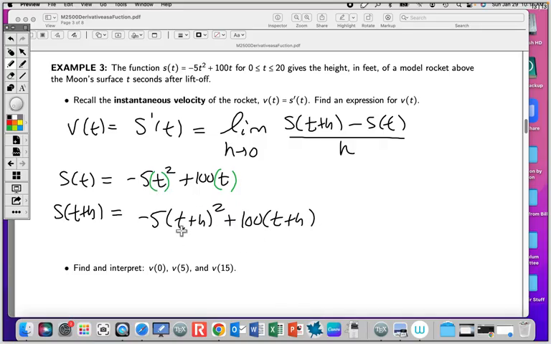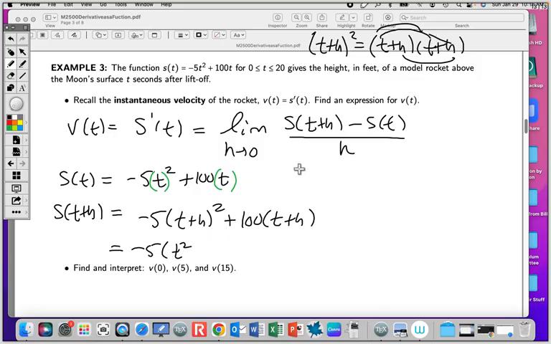So now order of operations says we have to square out the t plus h before we multiply by the negative 5. So we'll do that. And once again, when in doubt, write it out. T plus h quantity squared is t plus h times t plus h. And now you go through the multiplication there. T times t is going to give you a t squared. You're going to get a t times h and another t times h. So you're going to get two of them. And then you get an h times h, which is an h squared,